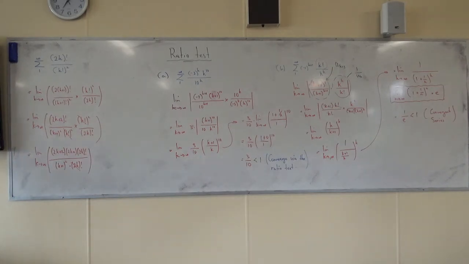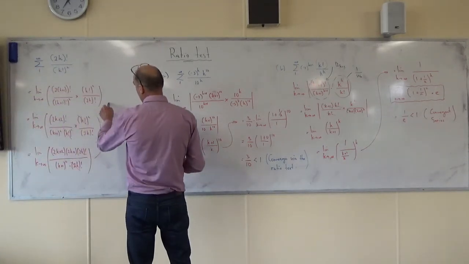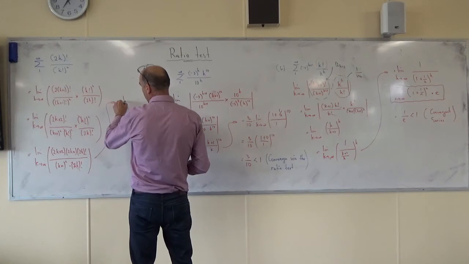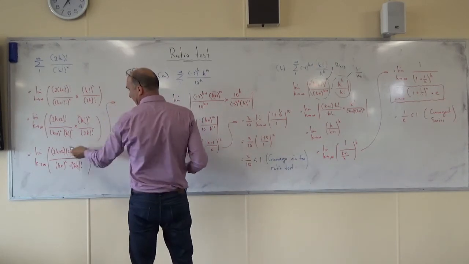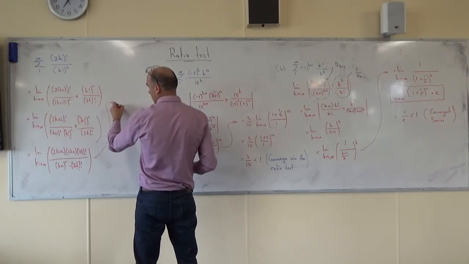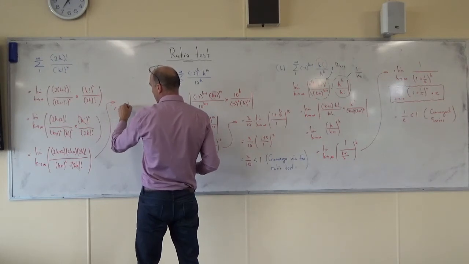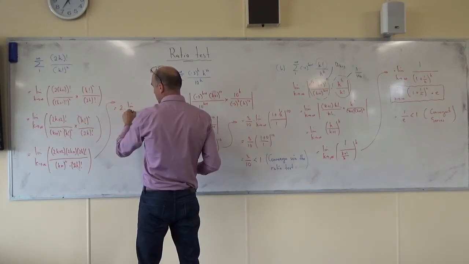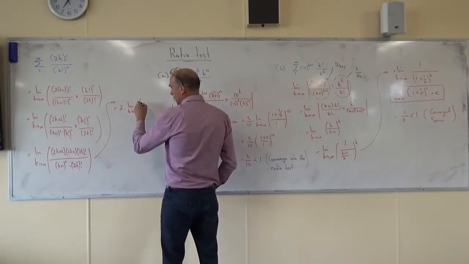Yeah? And I could take 2 out as a common factor here and cancel out one of the k plus 1s. Would you do that? I would. So I don't think they do that in the textbook, but that's what I'd do. I'll take out the 2. So this will become 2 times the limit as k approaches infinity of k plus 1